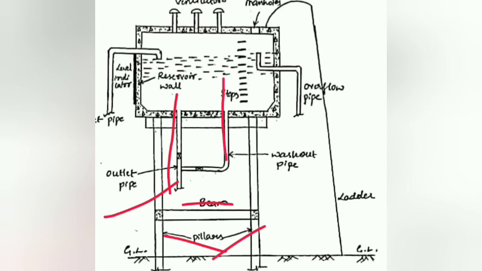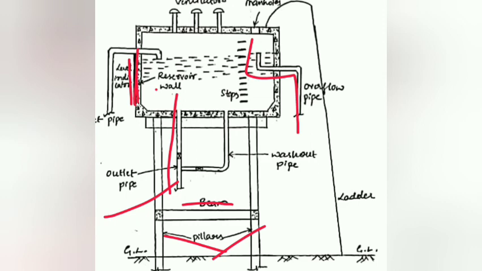Sometimes when there is washing, it can be diverted here, and some steps are also provided in order to get inside and also to come up from the tank during the washing. And this is a reservoir wall. It may be made up of concrete. In the particular figure we have shown it of concrete, and there is a level indicator attached at the side, and this is the overflow pipe.